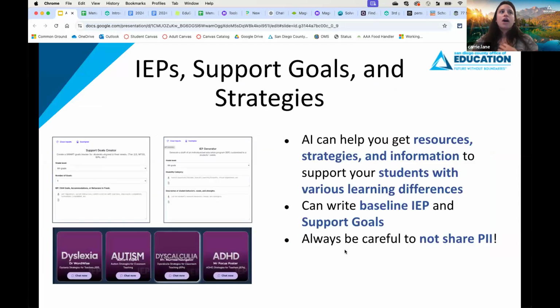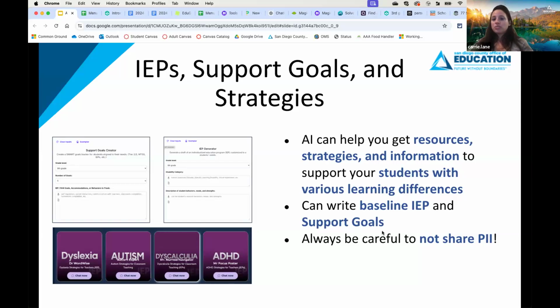And I put in here a couple of links that you might be able to use for IEP and support goals. So Magic School does, because it has so many different things. It has an IEP generator and a support goals generator. With this, again, you're going to get the most out of AI if you have some blanket things and language that you want to include in there, as Eduardo said.